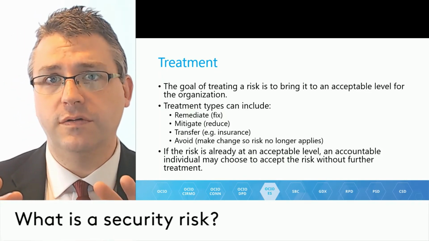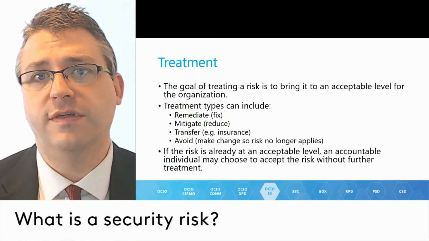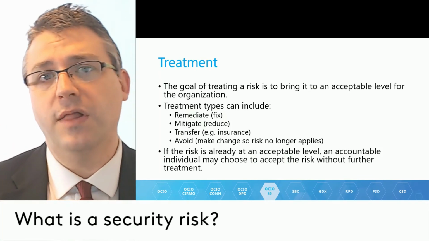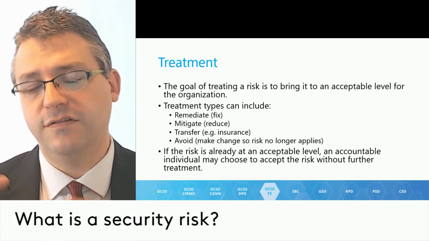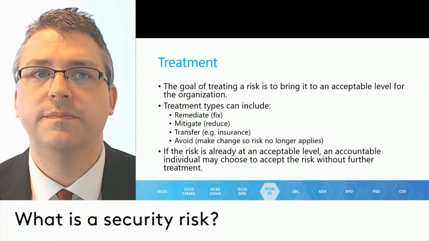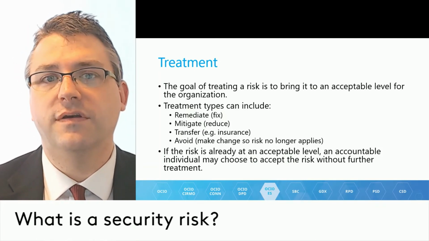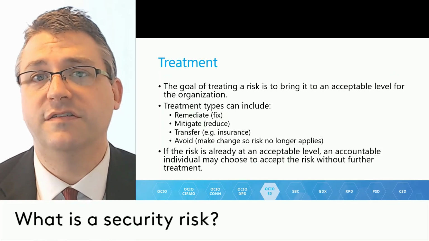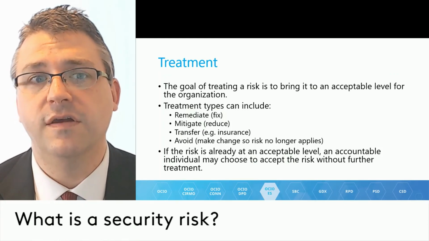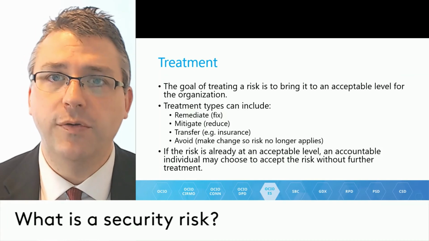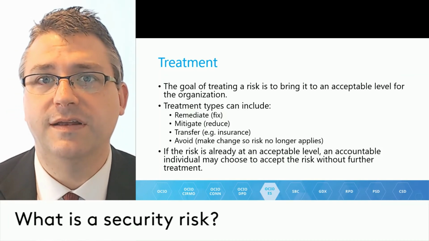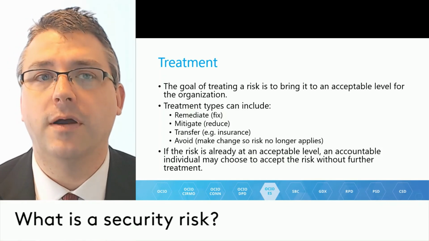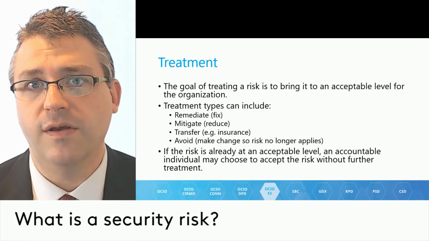This is where you change the conditions around a risk so that the risk simply doesn't apply to you anymore, or you've reduced how much it applies to you. But again, that's by changing the circumstance. And if the risk is at an acceptable level already, it's possible that the accountable individual may just simply choose to accept the risk as is without any further treatment. But normally by the time you reach this point in an assessment with assessing a risk, there's normally something there, and at least you're probably going to want to try to reduce that risk in some way.